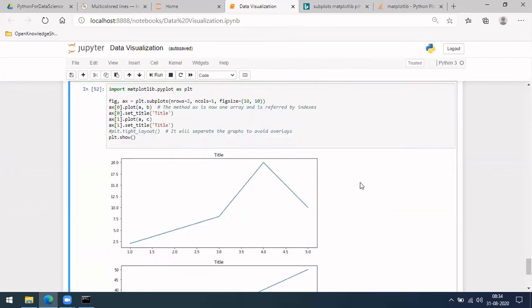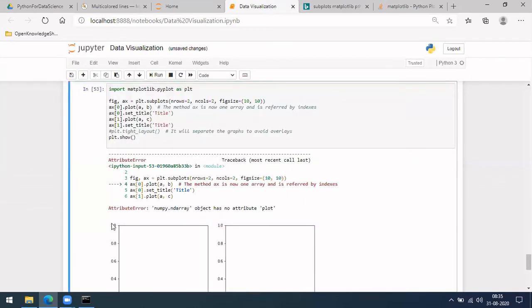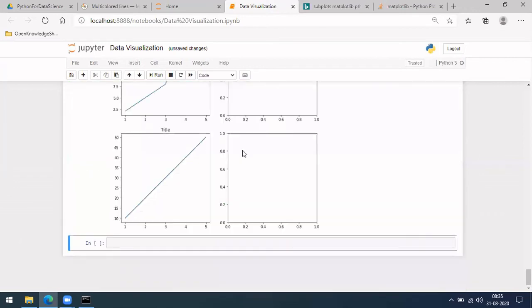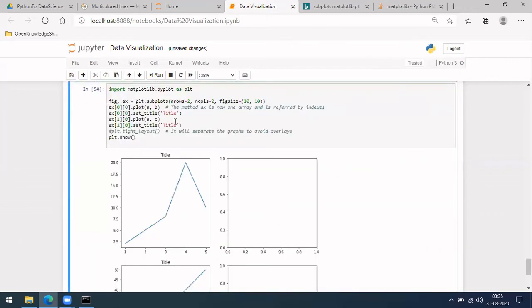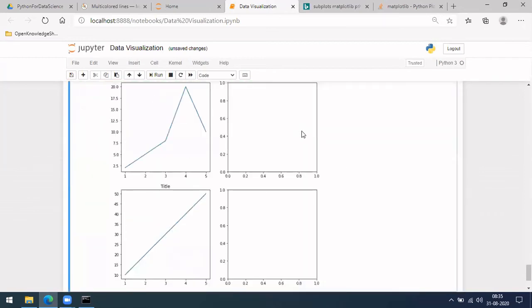In case you want multiple graphs here, you can get them by changing the number of rows, put 2 columns, and then plot. Okay, so it should be now this, right? Because we are giving 2 by 2. The indicator should be like this. See, here we only plotted in row 0, column 0 and row 1, column 0, which were these two. So these two are empty.